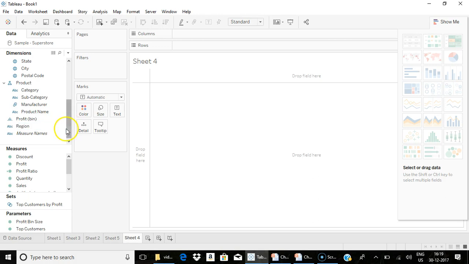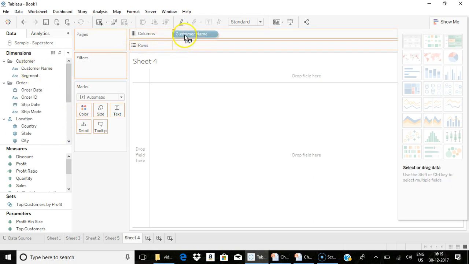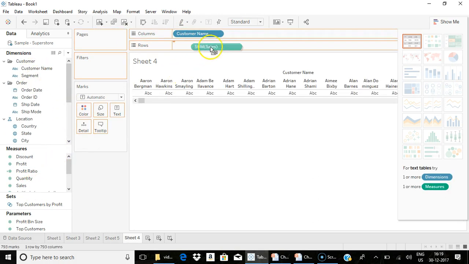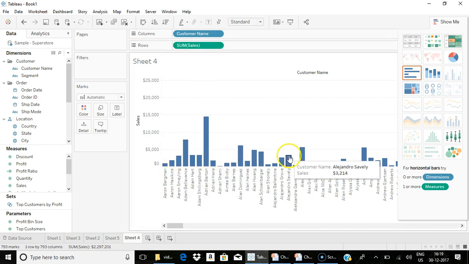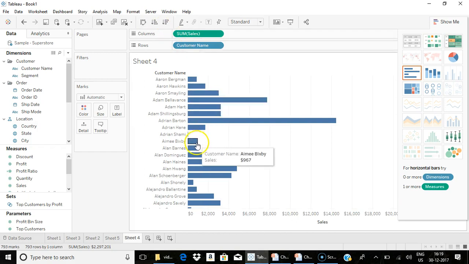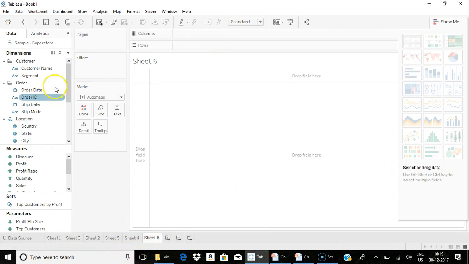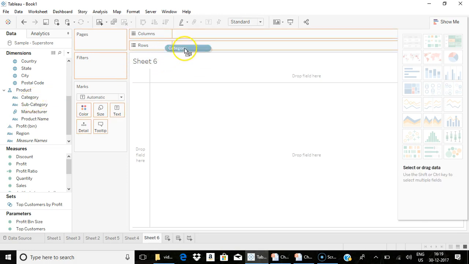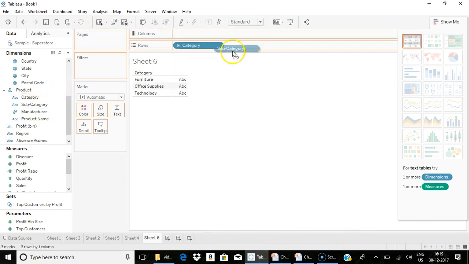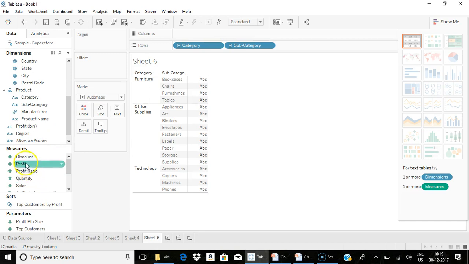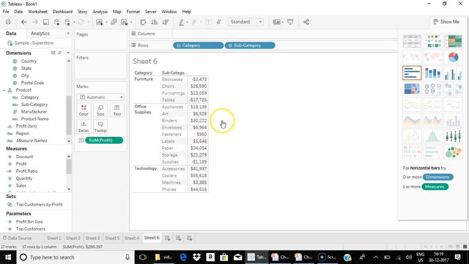For bar charts, we already discussed them. You can create bar charts either as a horizontal representation, or you can swap your rows and columns to go for the vertical representation. When I have two or more dimensions, that is, I take category, subcategory as well as profit, I can even choose a stacked bar.